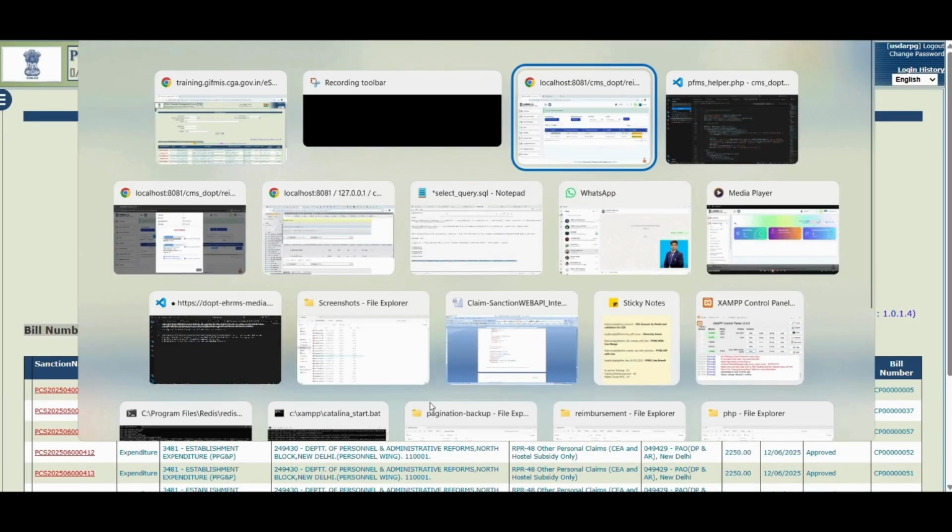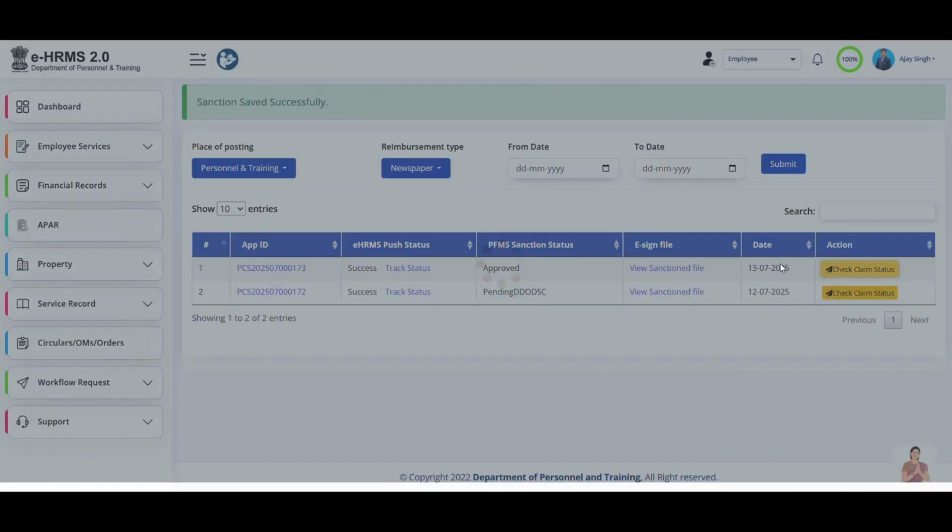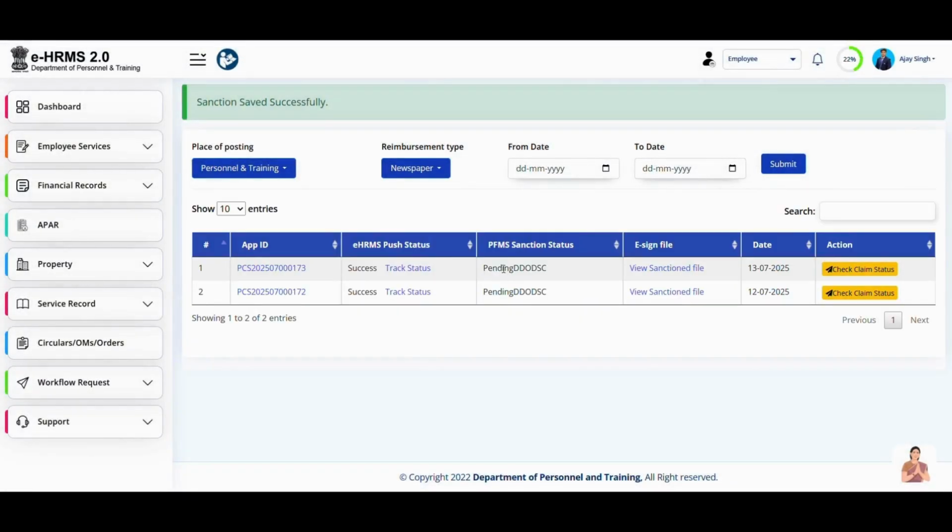Now the same will be shown in e-HRMS also. As the status is going to change, it will start showing